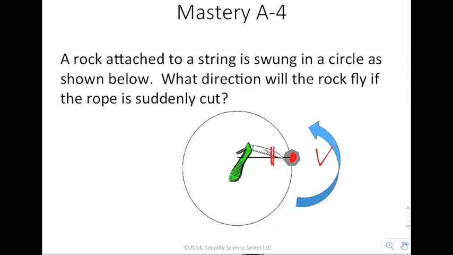It's really hard to judge where to hit it because the velocity is actually moving what we call tangent to the circular path. A tangent line is one that only touches in one place. So the rock is actually at this point moving in this direction right here, tangent to the circular path. If you were to cut the rope right there, there are no forces acting on the rock. The rock will continue to move in the direction that its velocity is at that particular point.